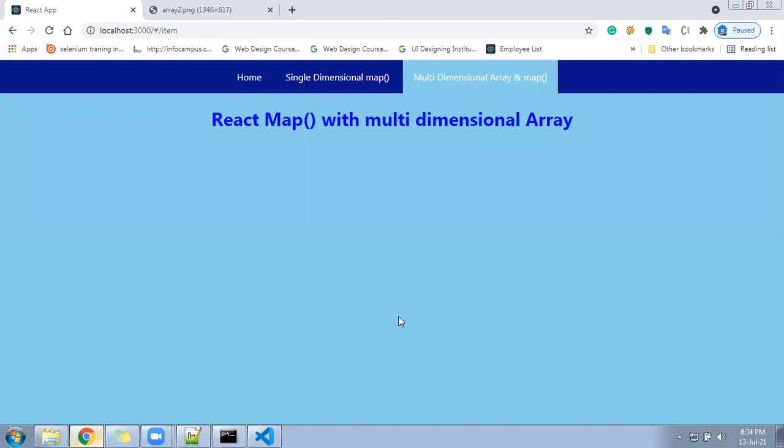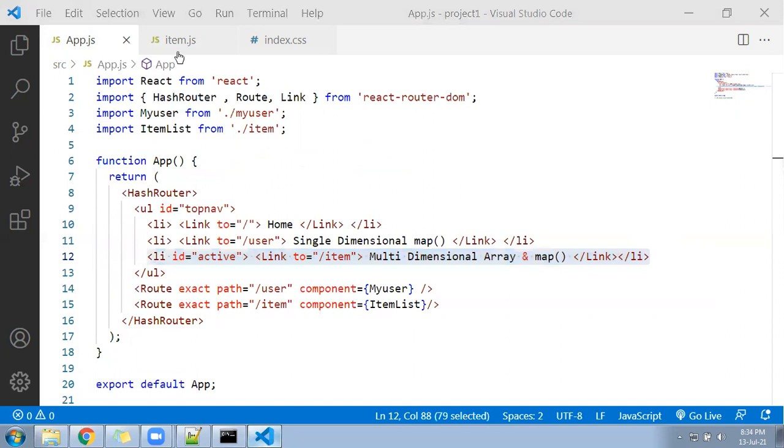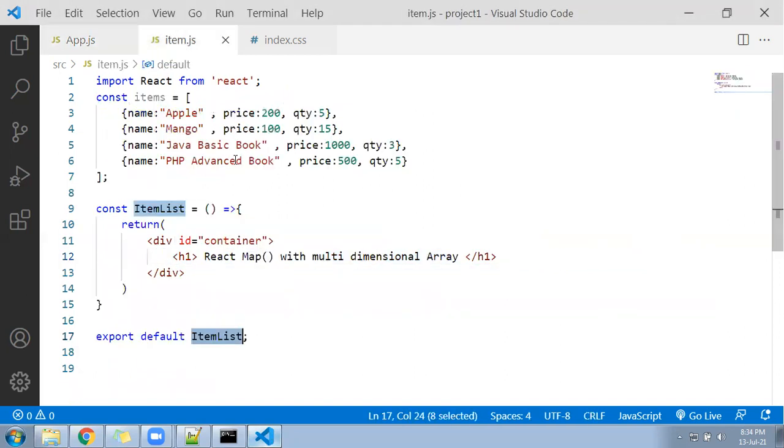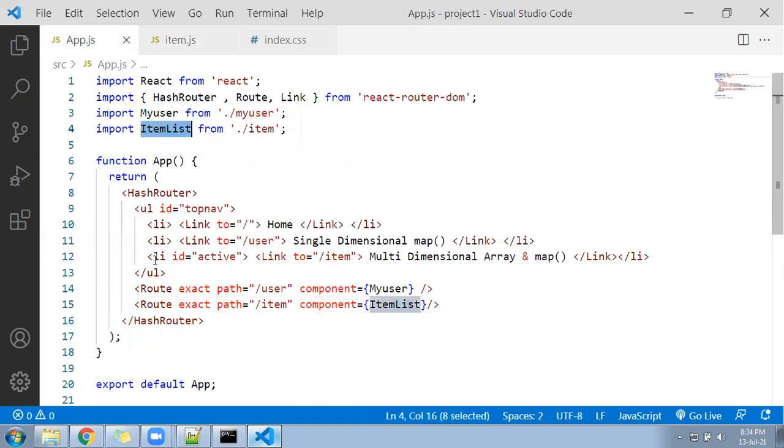Now next we need to apply here the functionality. So hope you understood this. What I did, I created a component. Inside the component, I wrote something. I created the function. I wrote the array. And after that, first I imported this function under the app.js file here. And after that, I generated one path here. I created a link. And then I added one path under the routing. So that now routing is set up.